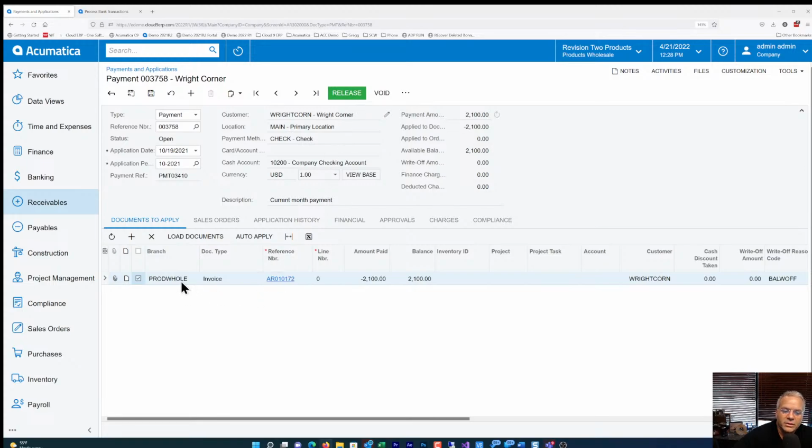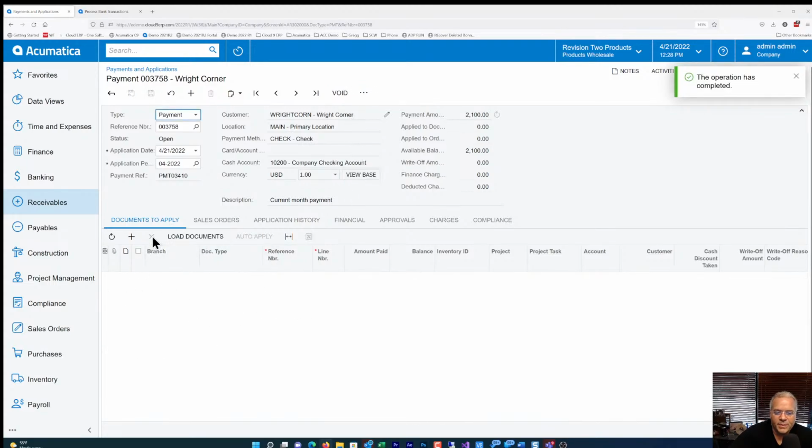You see the same invoice number, but a minus 2,100. And of course, you can make changes here if you're trying to apply. I'm sorry, I'll take that back. You can't make changes because we're reversing the entire application. You can only make changes to the amount paid if you're adding a new one. So scratch that. But nonetheless, if I release this,